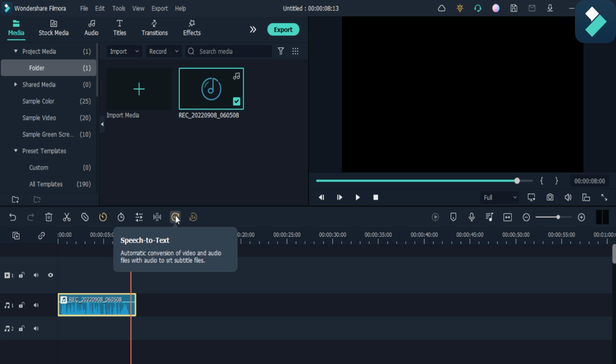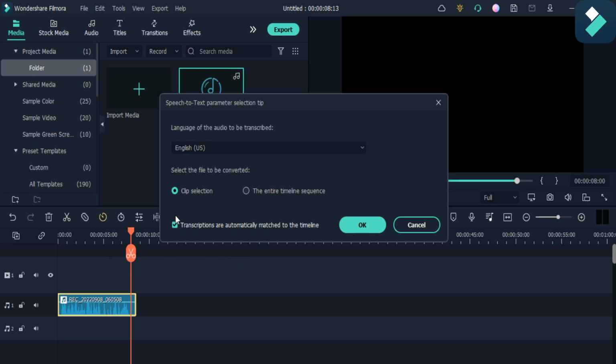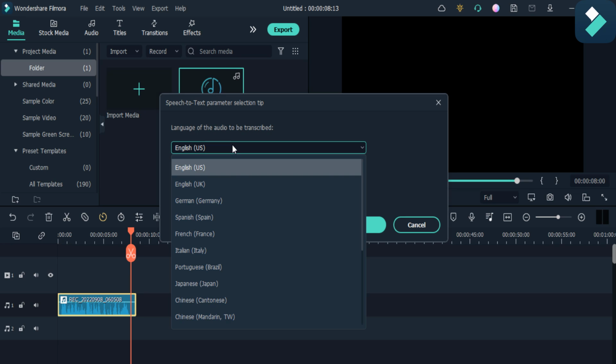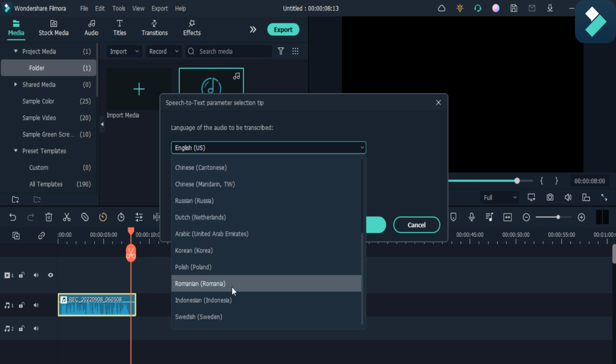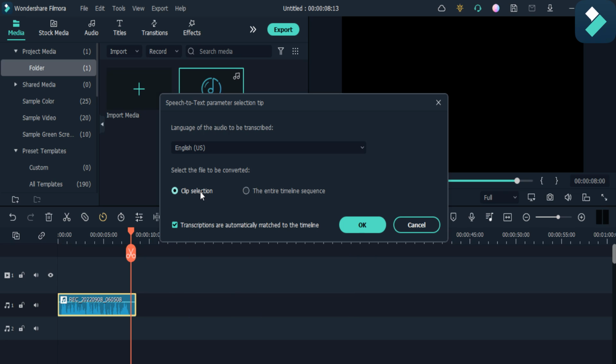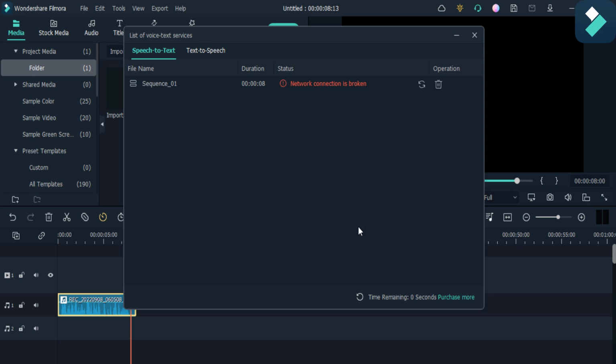First of all, click on this speech to text option. If I click on this, here you can choose the language from which you want to change the voice to text. If you want to convert a clip or the entire timeline sequence, you can choose it according to your need. I want the entire timeline sequence. So if I click on this OK option,